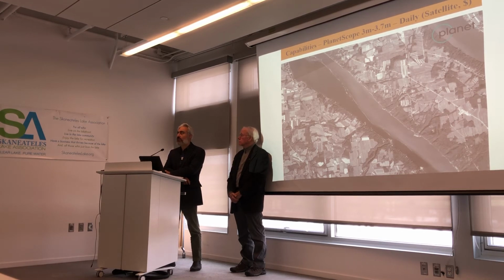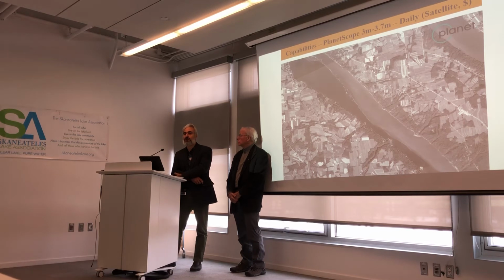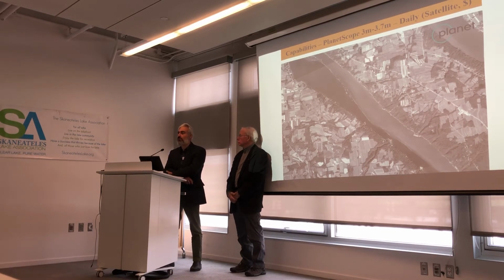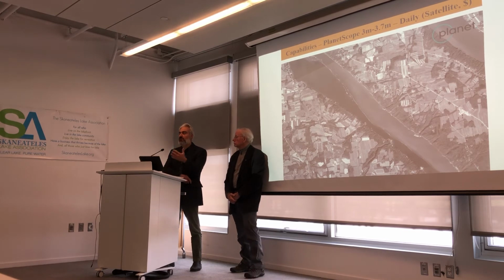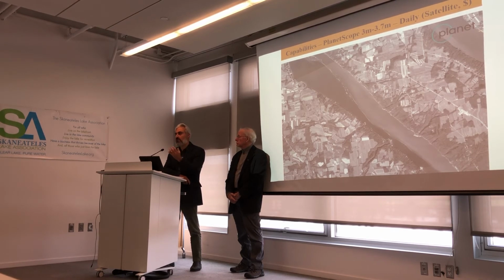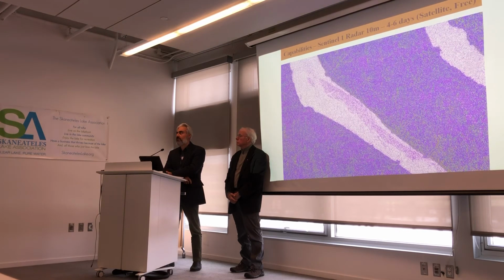Now, I should mention that this is a commercial company, so there is a potentially high dollar figure associated with acquiring these images. So what we are thinking is using a multi-scale approach where the free satellites give us some warning signs, and then whenever we see there is trouble or potential for trouble, we go into more expensive solutions. The middle of the road in terms of expenses, or before I get there, here's another image